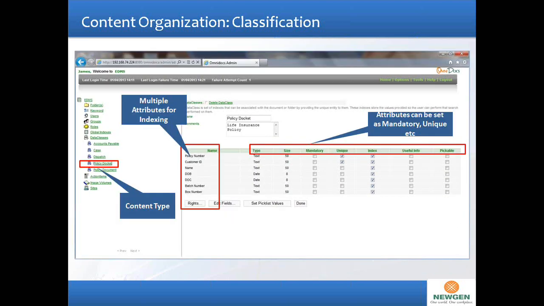Similarly, you can define the index for, say for example, the policy documents that come to your organization. So you can have policy number, customer ID, name, date of birth, and so when you have these index fields defined, searching becomes very easy on these documents.